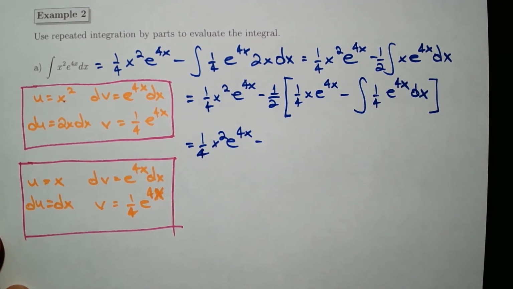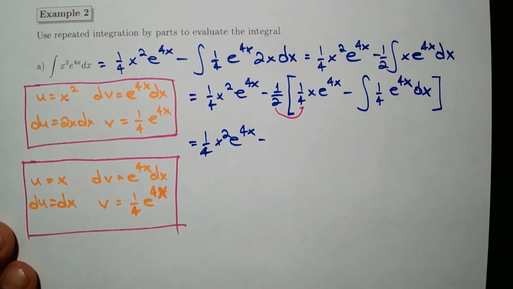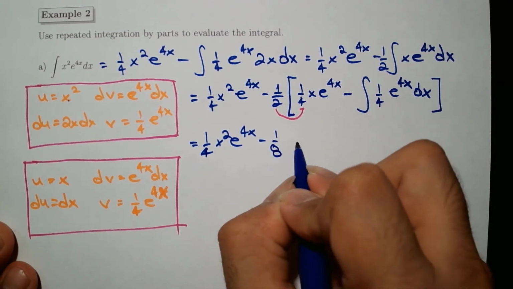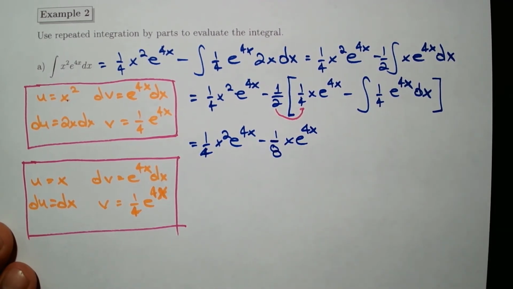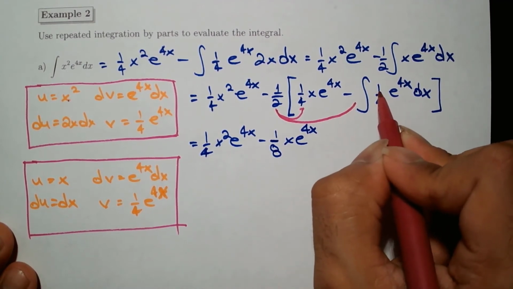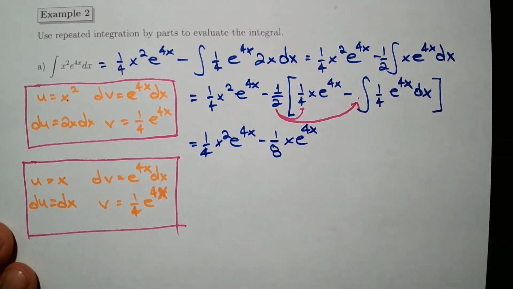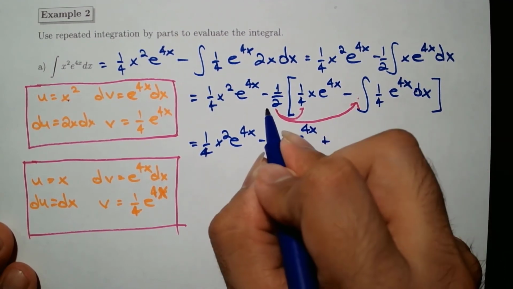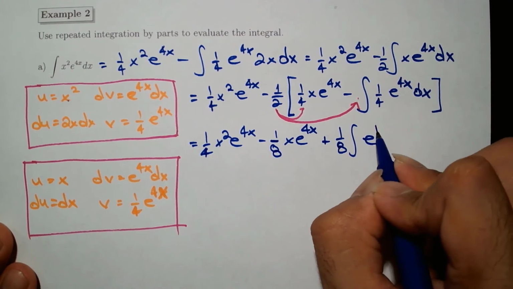first of all, what am I going to do? I'm going to distribute 1/2 times 1/4. That's going to give me 1/8 x e to the 4x, and over here be very careful, negative 1/2 times this 1/4 that I would have rather have outside. That's going to give me negative times a negative, positive 1/8 times the integral of e to the 4x